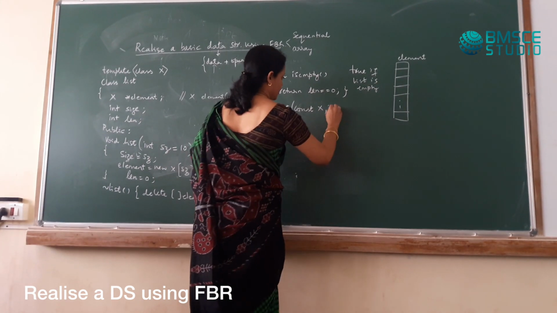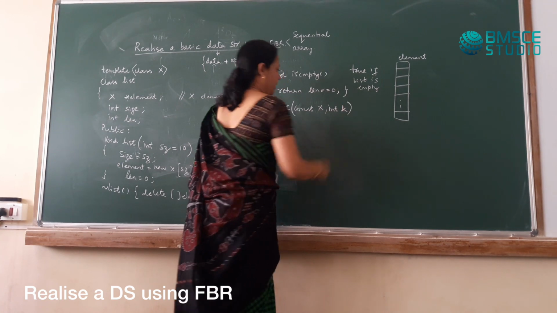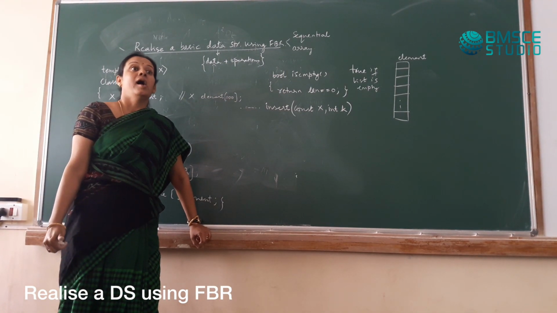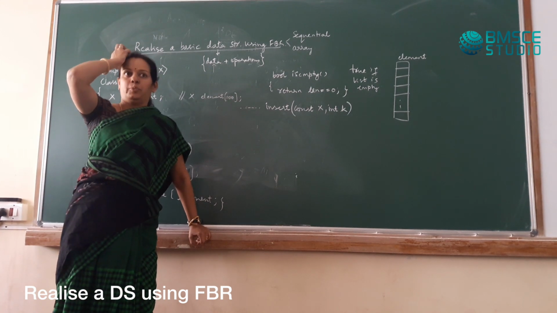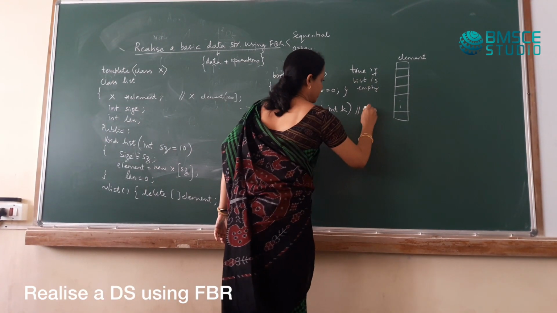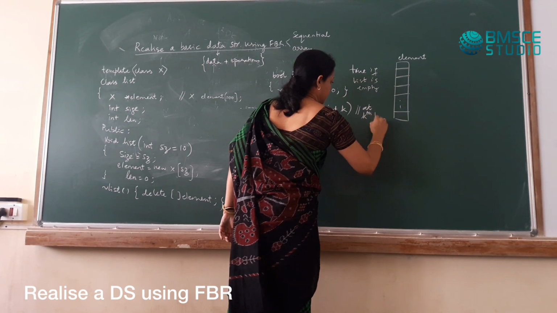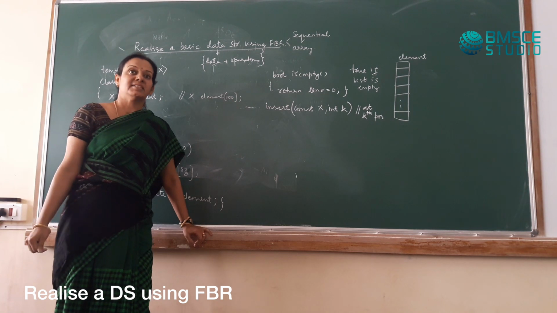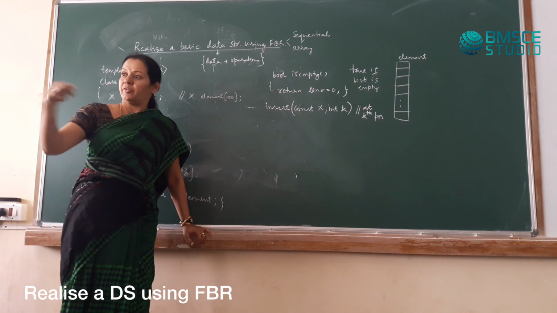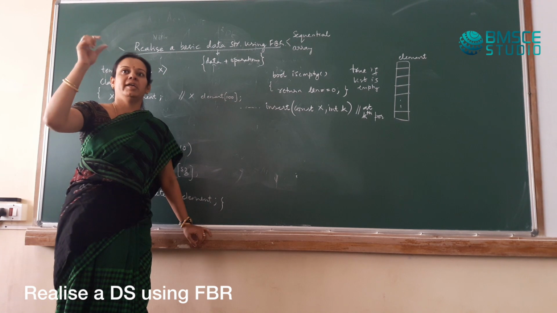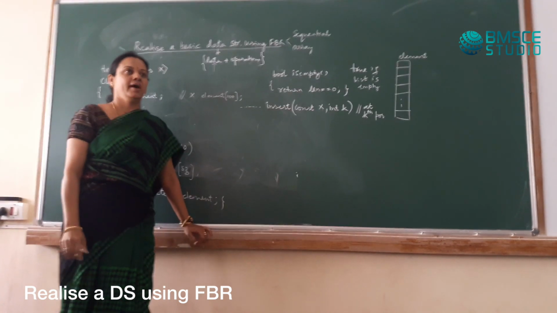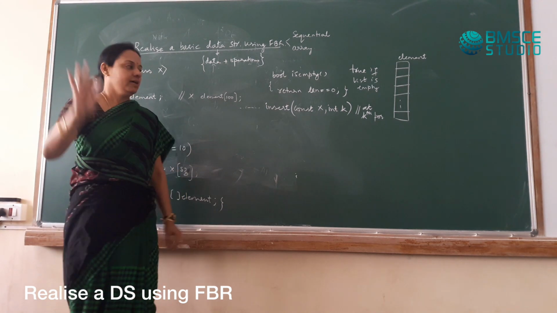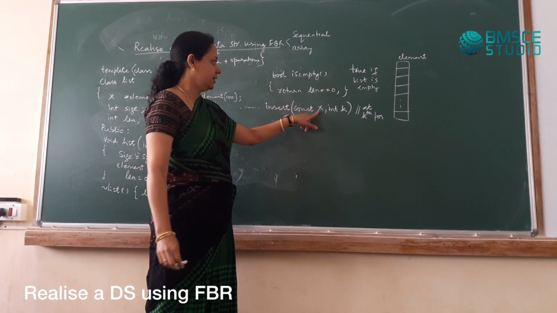The position. So I will say int k. Insert the data X at the kth position. We'll write it like that. Other versions could be insert after k, insert before k. Those variations you will have to be prepared for. Okay? Is this clear? Now I want to insert a data.